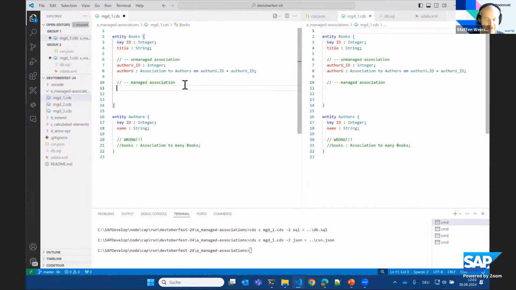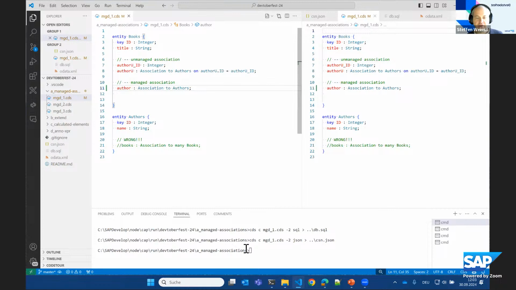You can also write an association like this. We just say author, association to authors, and that's it. The important, decisive part here is there is no explicit on condition. This is what we call a managed association. And the reason why we call it managed is because we take care of the foreign key and we take care of the on condition. So in a way, this managed association implicitly behaves like a structured element. And the sub-elements of it are just the foreign keys that are needed to match the key of the target entity. And when an on condition is needed, we just compute it on demand